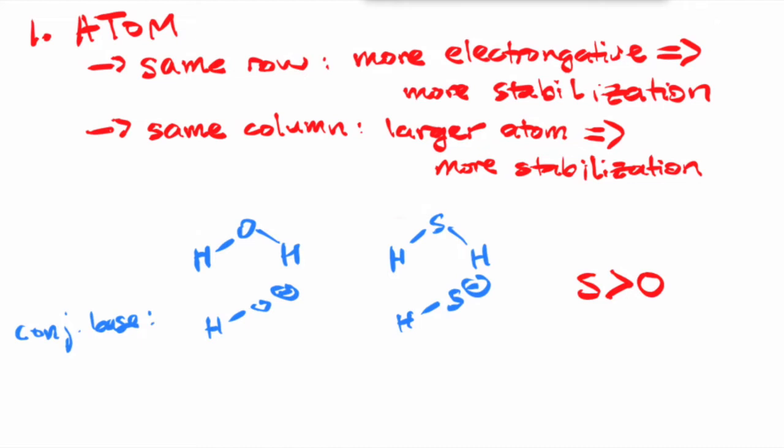Again, we can confirm this because we know a thiol has an approximate pKa around 10, whereas water has an approximate pKa around 15. So the sulfide here will be the stronger acid. All right, now let's move on to our second factor, and it is resonance. If the negative charge is on a structure that can have resonance, will this stabilize or destabilize the molecule?